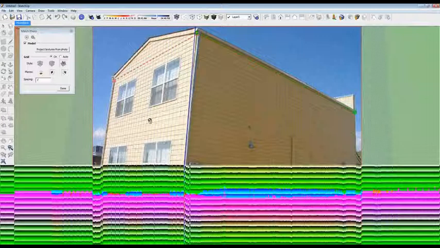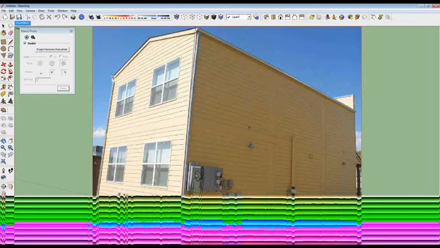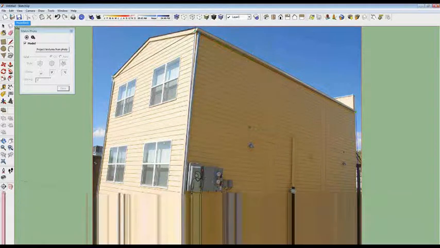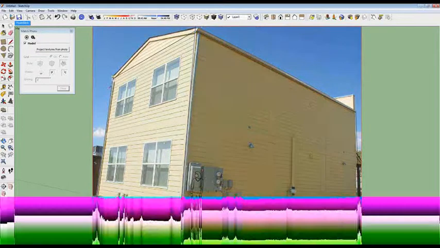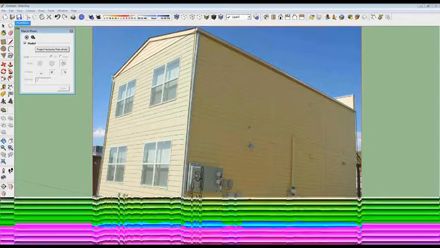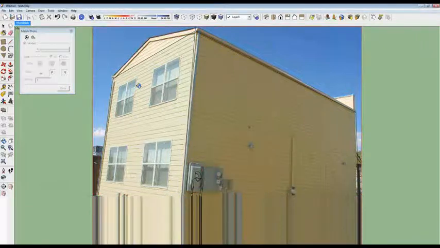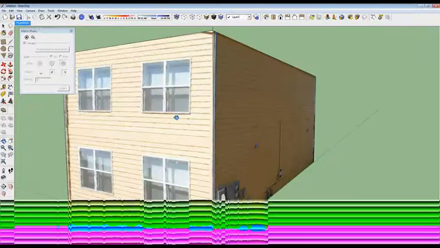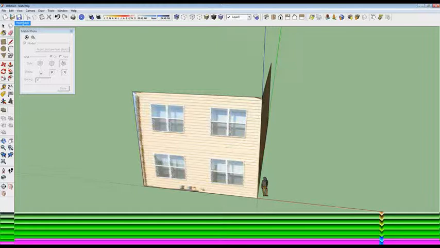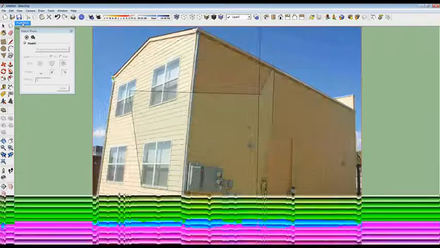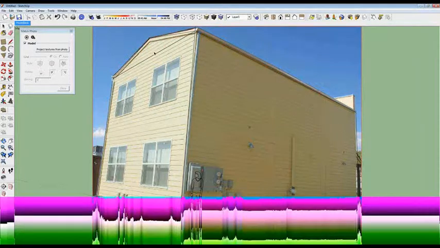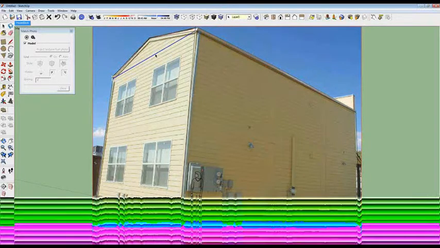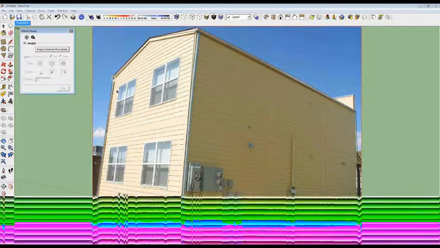I would take my little house here, snap into my corners, draw straight up, get the general outline of my house in here, straight up to here, and I can have that finish, and then I can actually project that image onto my 3D box in this case, or in this case it's actually just two walls. I can go ahead and do that. I can take that and add the extra pieces as needed, so I'd be able to add the roof line as I need to, take this piece out, remap my textures,